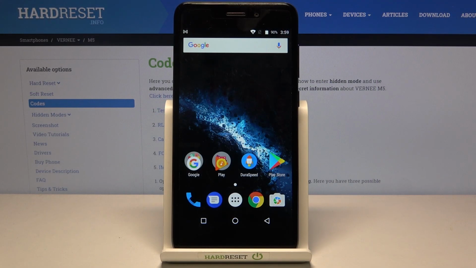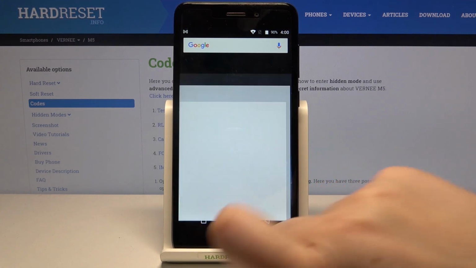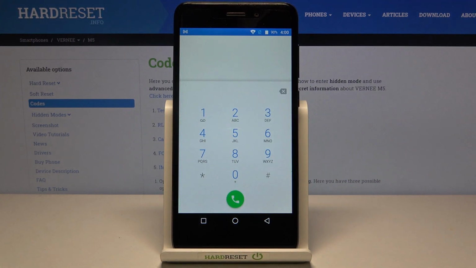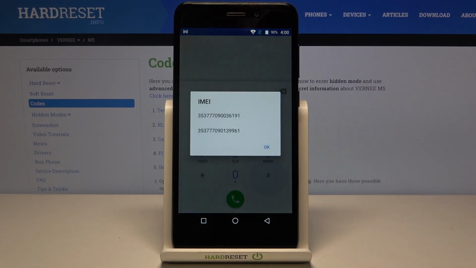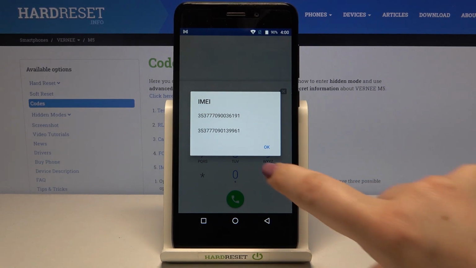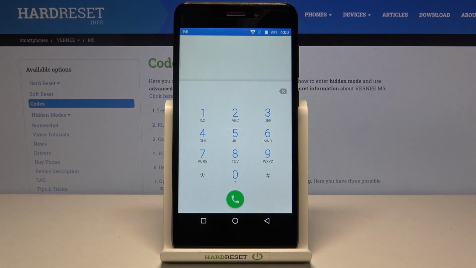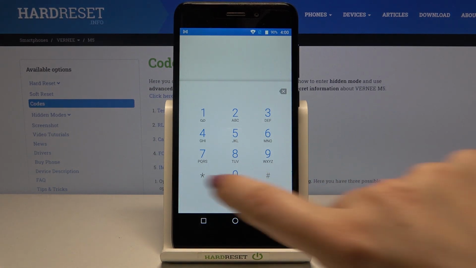Hi everyone, here we've got VERNEE M5 and let me share with you some useful codes which will work on this device. So first of all, let's tap on the dialer because this is the place where we will enter all of those codes, and let me begin with the shortest one, which is *#06#. And as you can see by this code, we are provided with both IMEI numbers which are attached to the SIM slots. Let's tap on OK and let me share another code, which is